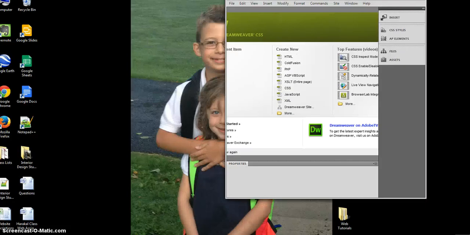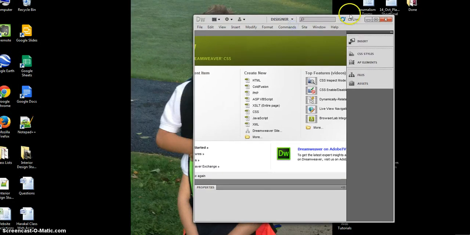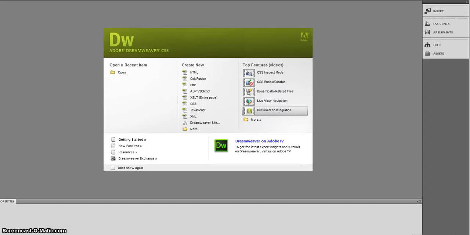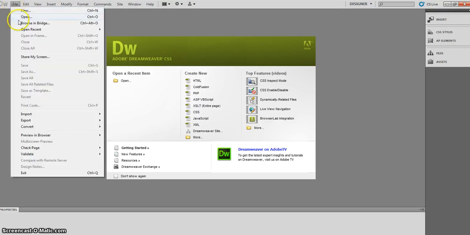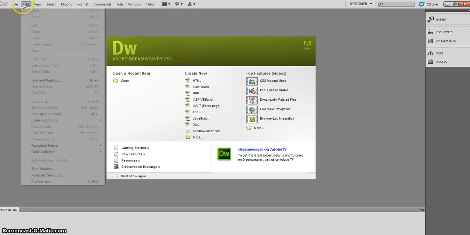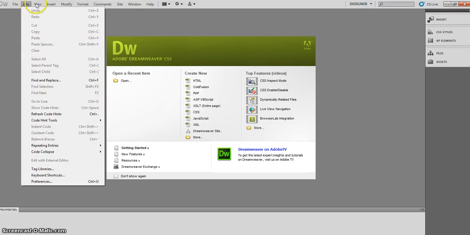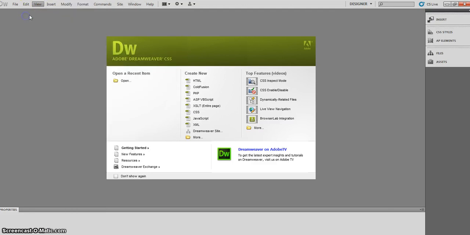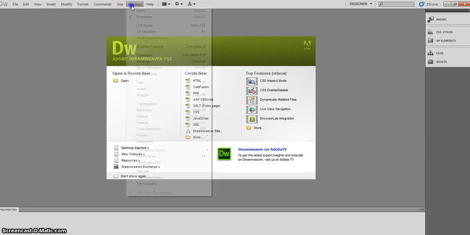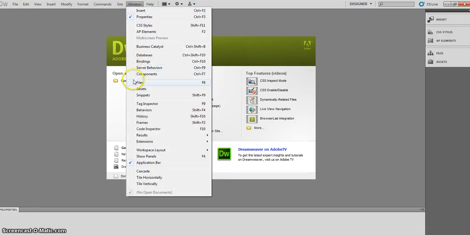And at the top, I'm going to move this window down or move this up a little bit. At the top here, you can see there's File, where you would do your New or open your file; Edit, with different functions; View, which will allow you to zoom in and zoom out and magnify different things on there; Insert, Modify, Format, Commands, Site. We'll talk more about those, but Window was the bar that I showed you a little earlier, where if you click it,